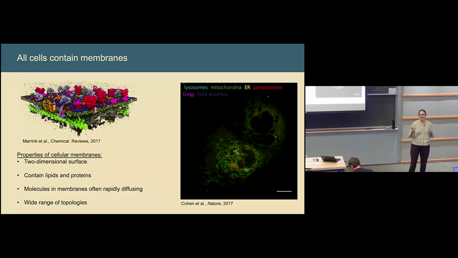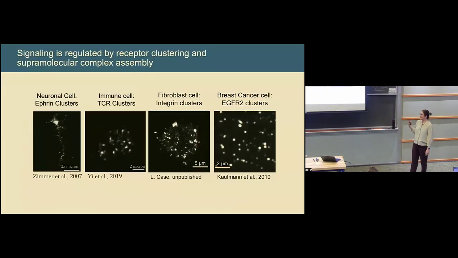So I think in the condensate field, we have a tendency of thinking of condensates and membranes as these distinct compartments, so different ways of organizing the cytoplasm. But in reality, these compartments are in the same space, and they're often probably interacting with and influencing each other, as we've already begun to hear yesterday. So in my research, I'm really interested in the plasma membrane,